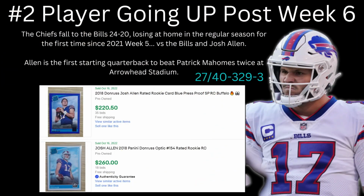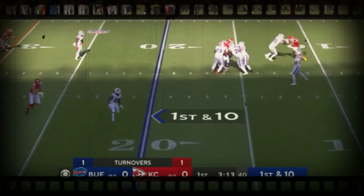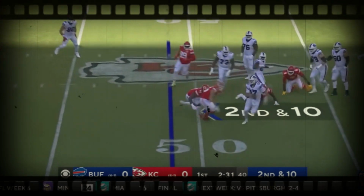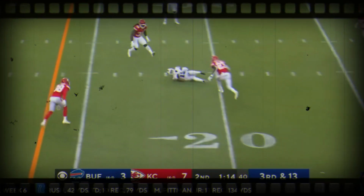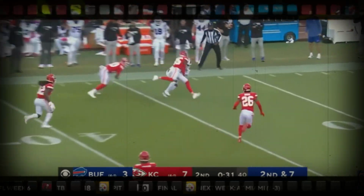All right, my #2 player going up post Week 6 gets his revenge on the Kansas City Chiefs going to Arrowhead Stadium. Josh Allen is the first starting quarterback to beat Patrick Mahomes twice at Arrowhead Stadium. He goes 27 for 40 in this game, 329 passing yards and 3 touchdowns. And Kansas City did have a shot late in this game, but a Taron Johnson interception sealed the Buffalo victory